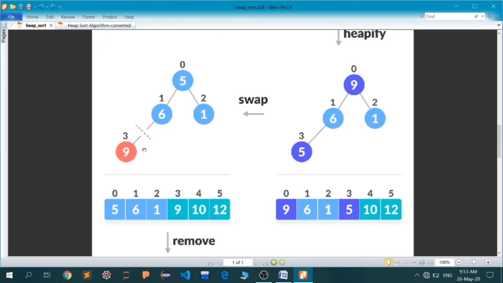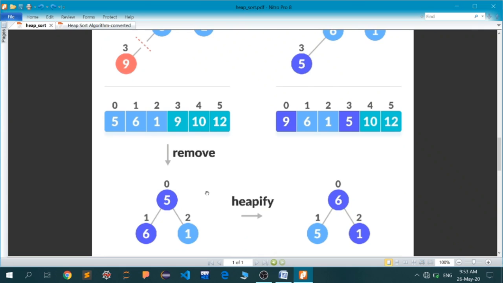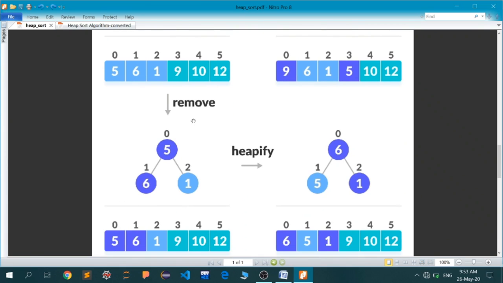Okay, so here we go. 9 has come here, and 5 has taken its place. Now again remove. It means the total number of elements in our tree is now 3 only. And again, this particular, let's say, complete binary tree is not a max heap, so again we'll call the heapify function.